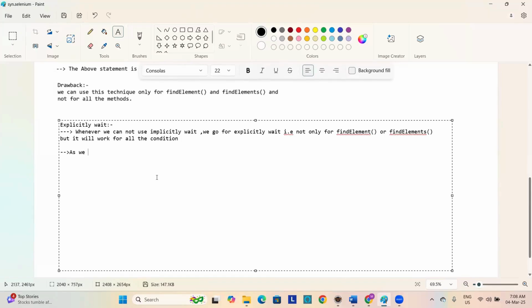Second thing is, as we specify, writing the condition explicitly, it is called as